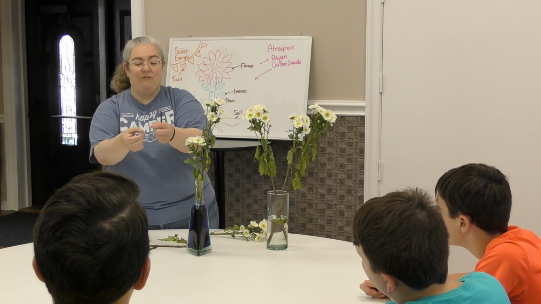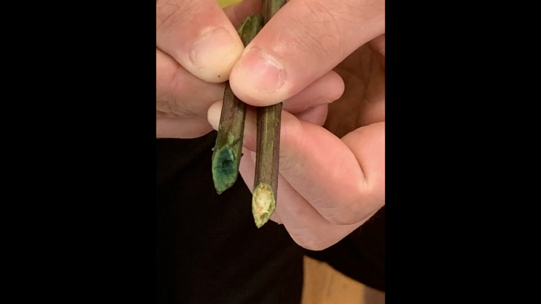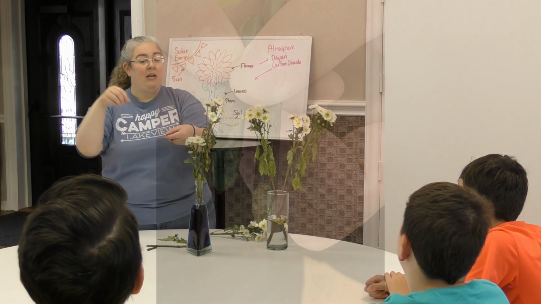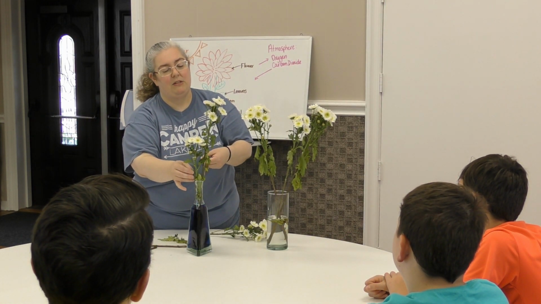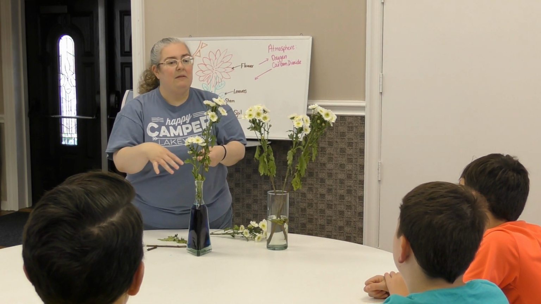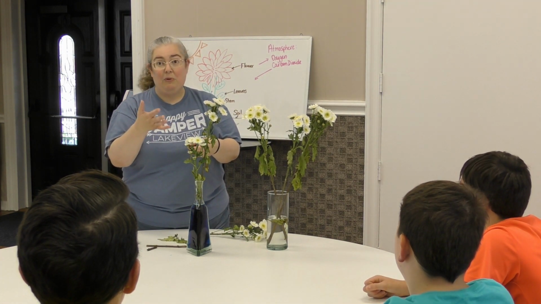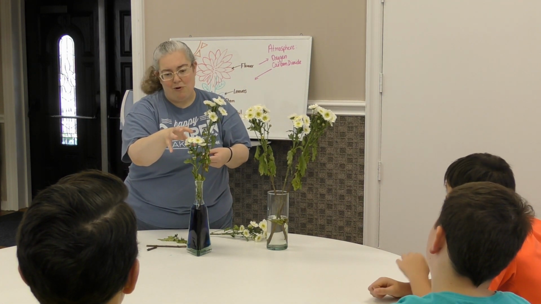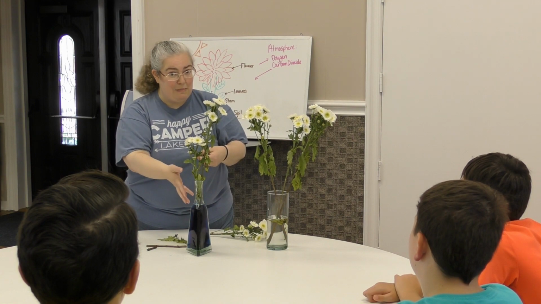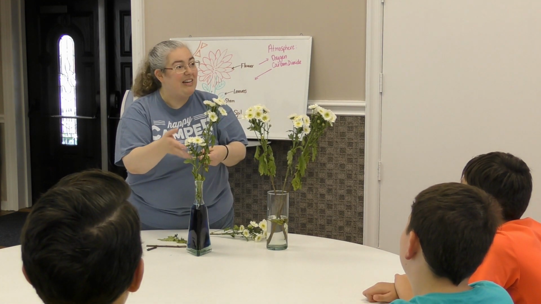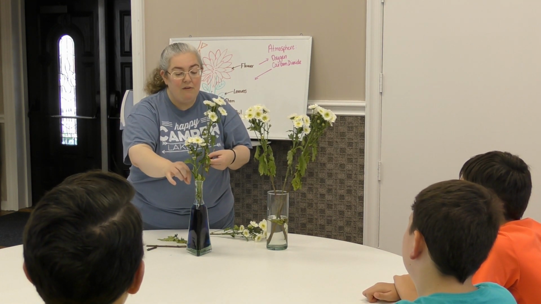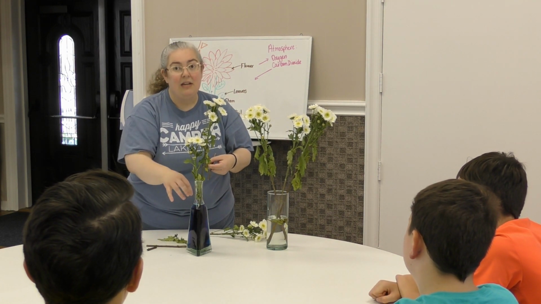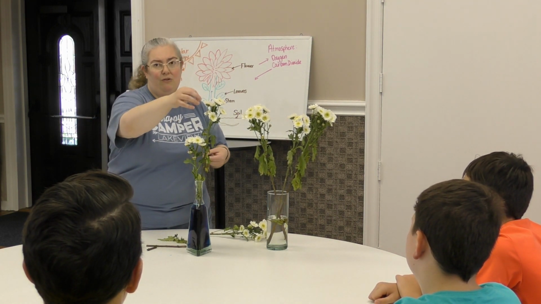Okay, I can see the difference between blue versus not. So I can already see that the straw is pulling this water all the way up to the top. So eventually, hopefully by tomorrow or even the next day, because these flowers will continue to be pretty, they won't be white anymore though. What color do I expect these to be? Blue. Blue, or a very, very light blue. So the more food coloring you put into the water, the darker your color will be in your flowers.